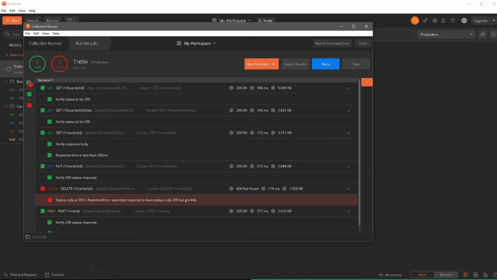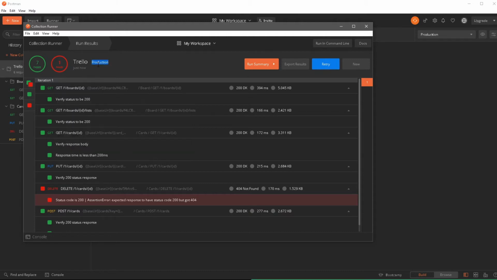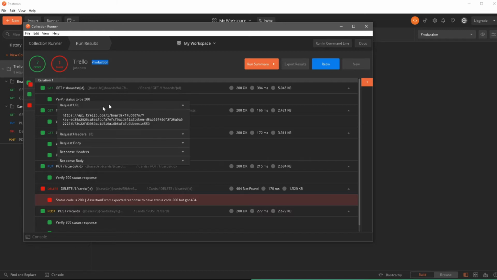If I click on this now, you can notice in the request URL, we have some options. So we have request URL, request headers, body, response. So we can take a look at all of this at the time when it was actually run. If I click on request URL, this time we can see the base URL. Now this is the same base URL that we have set for our production environment. So this is good. That means it's actually picking up this production environment variable. Now let's see what else we have there. So we have the URL, the entire URL that it ran along with the token information as well as the card ID that we passed in during the creation of a request.